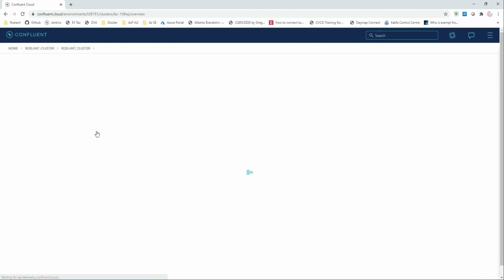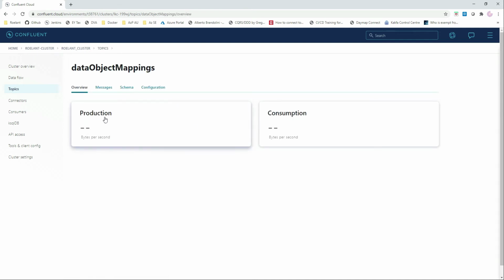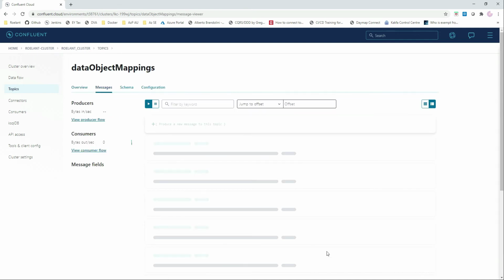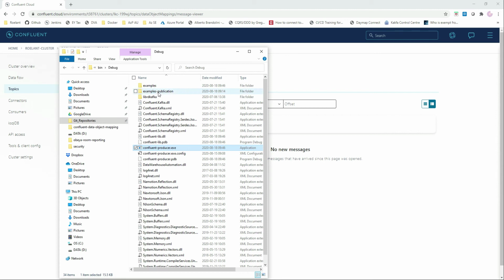and we can see the cluster. We see topics, we have the topic created, right? So one of the things we saw is that everything would be up and running because the topics are recreated every time we start the producer. This is obviously not a production environment we can do this in. But what we have now is that in this